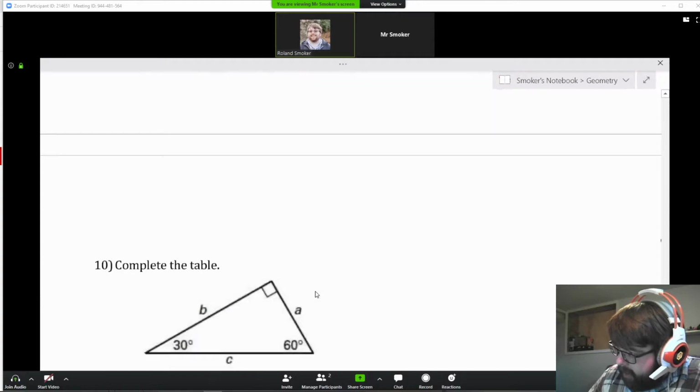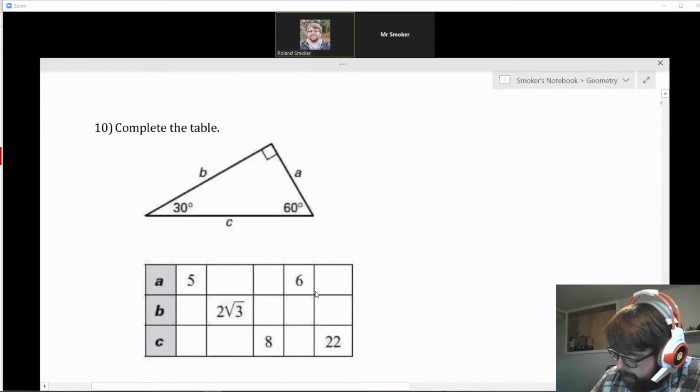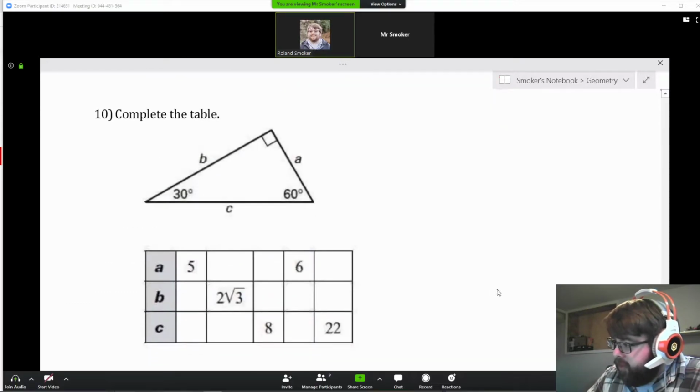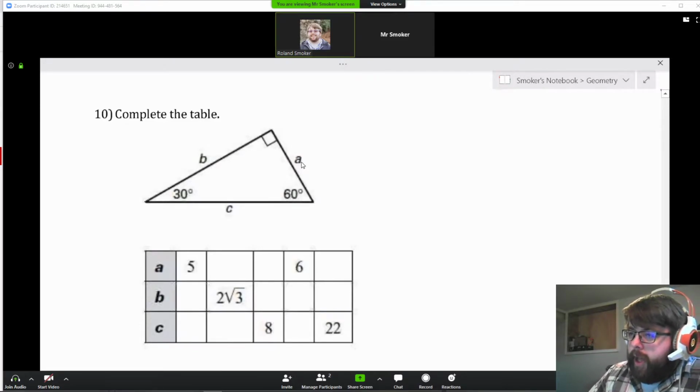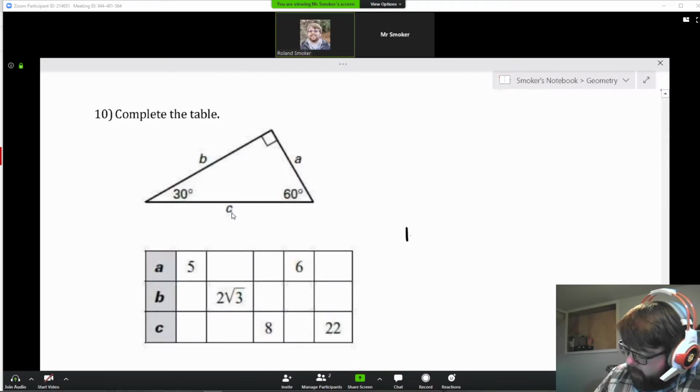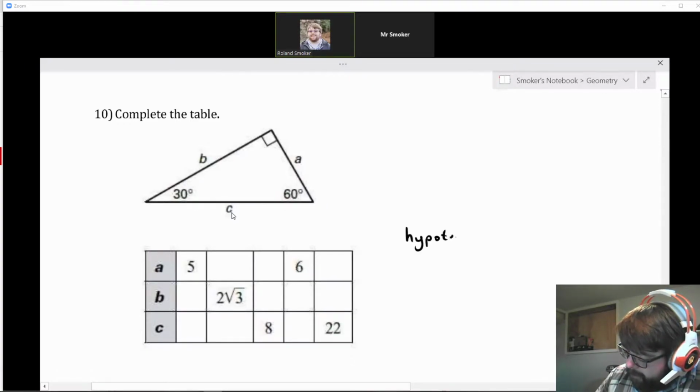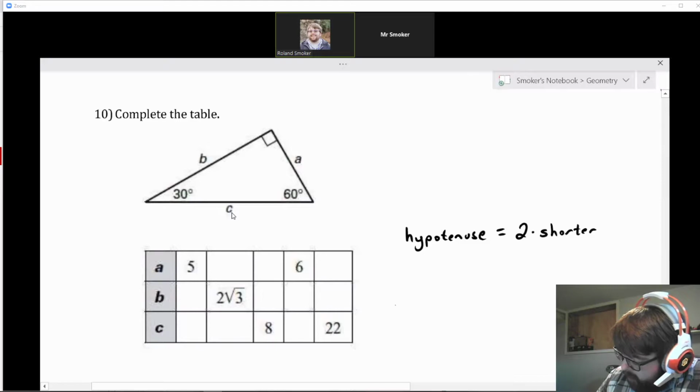Looking at number 10, this is a little bit trickier because there's 3 values now. You have the shorter leg, the longer leg, and the hypotenuse. But remember, the formulas are the hypotenuse is equal to 2 times the shorter leg. I'll just do 2 times shorter. Okay, and then we also have the longer leg is equal to shorter